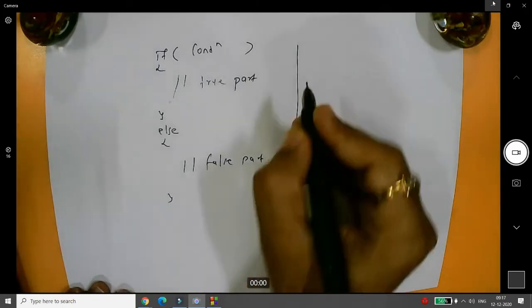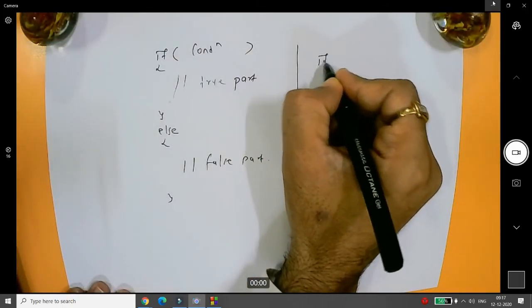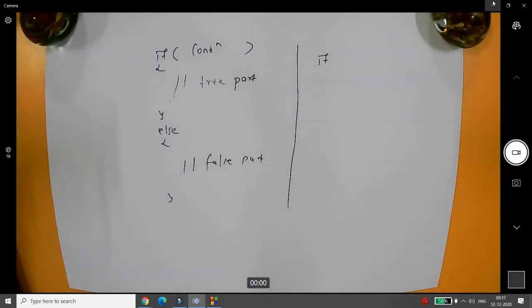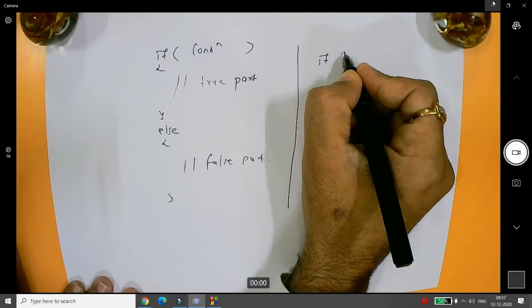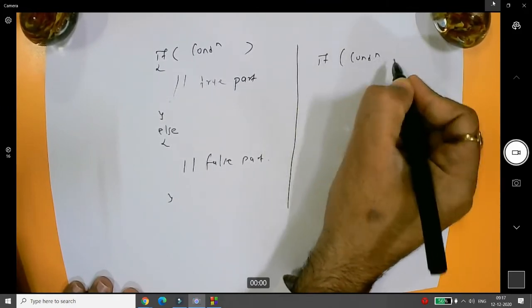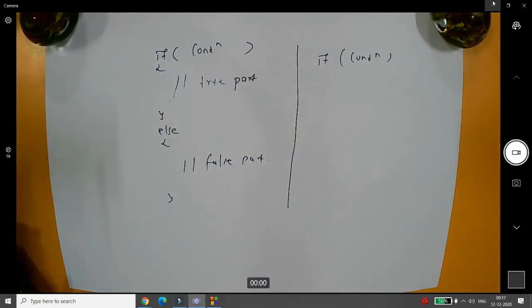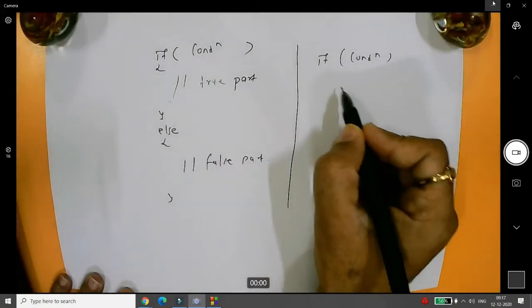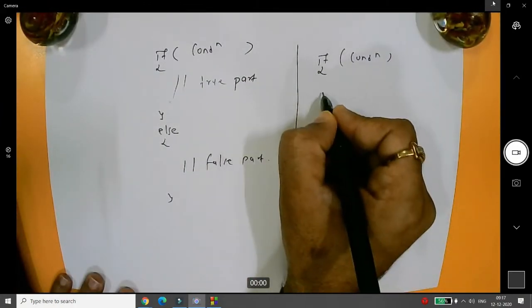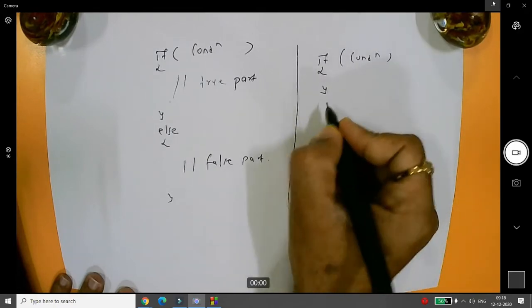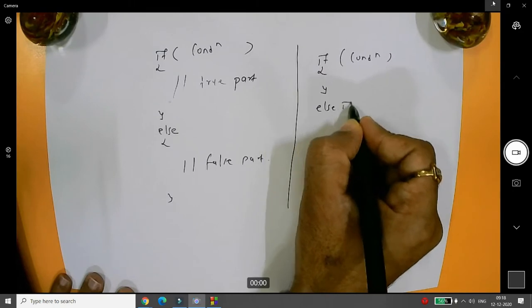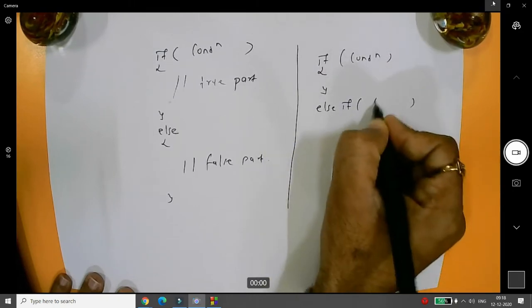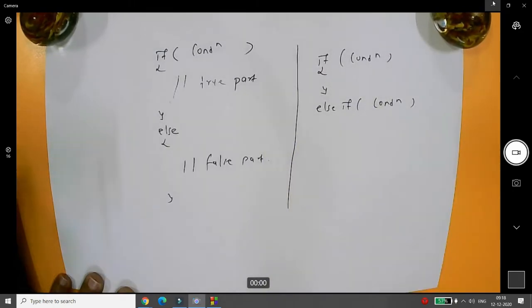So at that particular time, you can write an if else if ladder. How can we write the if else if ladder? For example, if the first condition is true, then this portion will be executed, right? But in an if else if ladder you must understand that if the first condition is not true, it is like a priority. Else if, you can provide one more condition over here, right?